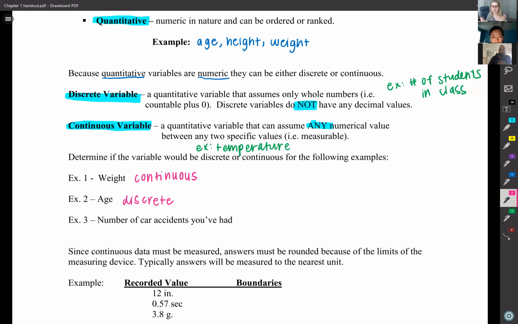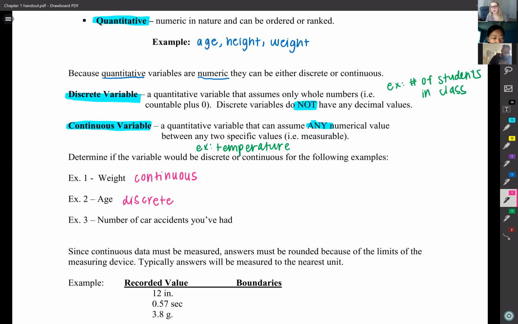And yes, perfect, the chat. Doesn't it depend on the unit? It totally does. And that's why I say this one's kind of interesting, because it could be continuous if you wanted an exact age. Like if you wanted to know that I am 22 years old and like 8 months, or I'm 22.9 years old, something like that. Depends how specific we're getting, because time is technically continuous. So in the usual sense that we talk about age, it would be a discrete variable.